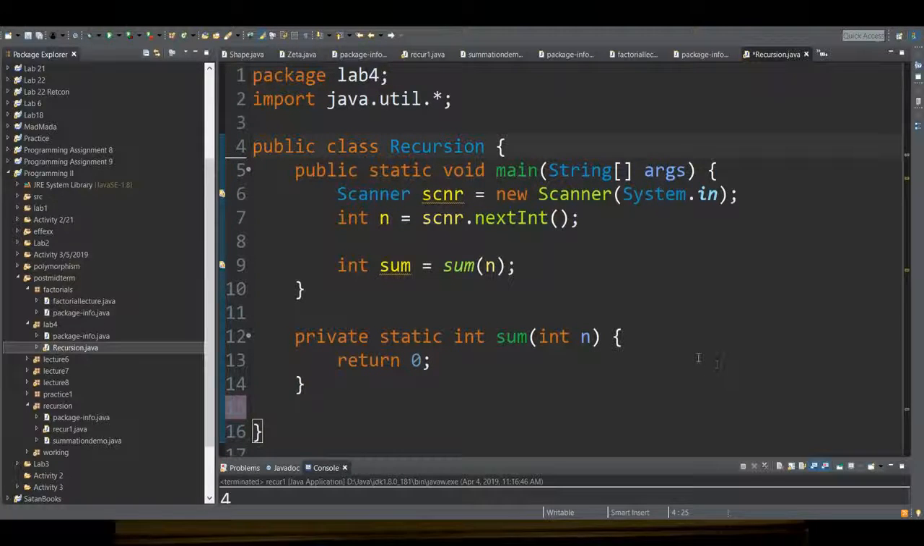So when I say that I need the sum of n numbers where I'm specifying n,